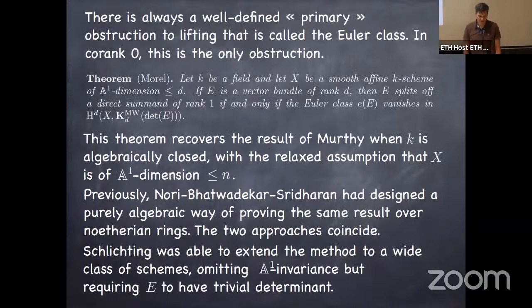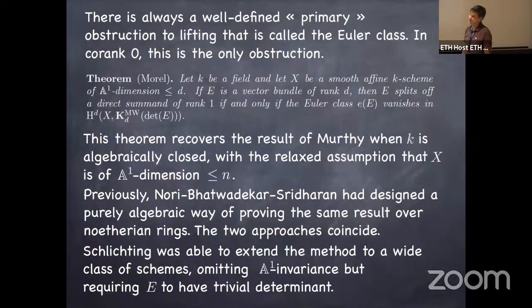So this is the easiest situation, and if you look at the Moore-Postnikov tower, then there is always a first obstruction. So what happens when we are in the situation when there is this first obstruction? This obstruction has a name. It's the Euler class. It's well defined. Here we stated the theorem of Morel, which has a very, very long story. So let me state the theorem of Morel first and then explain the story, because lots of people are involved in that thing. The thing is that if X is of dimension D,